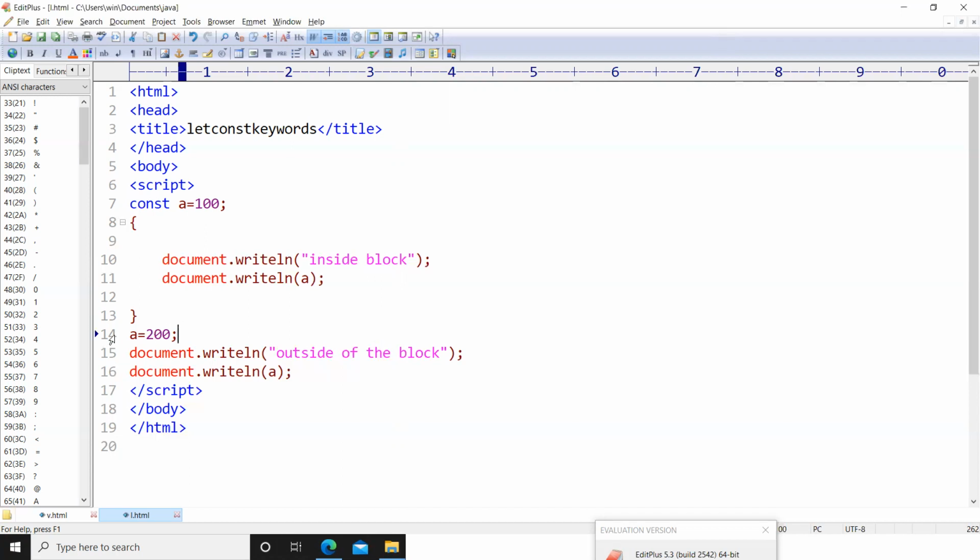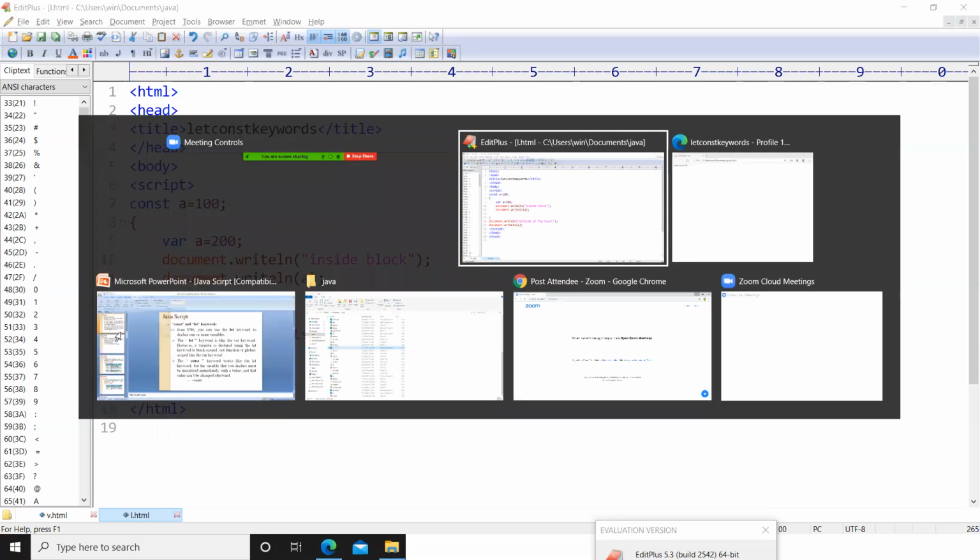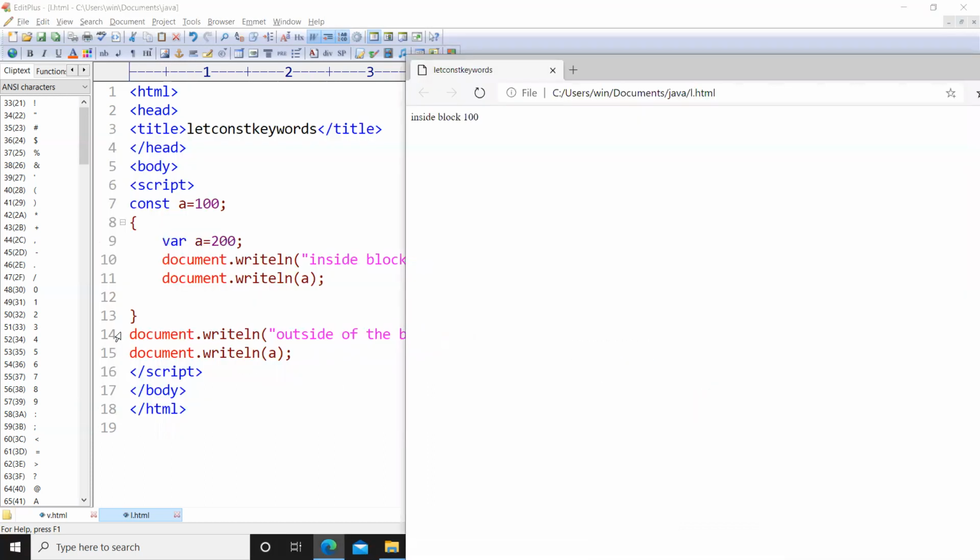Previously I declared here with the keyword variable A equal to 200. I'm not getting any output here.